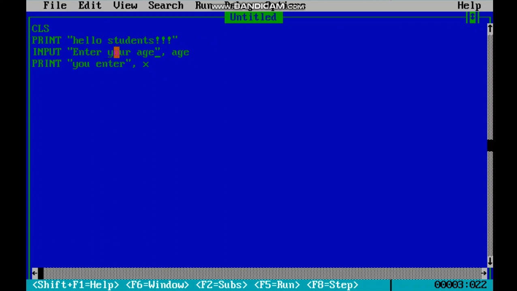The value which you enter will go to age. And here I am going to show your age. Your age is, age.